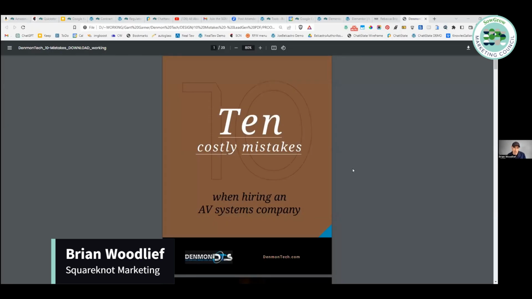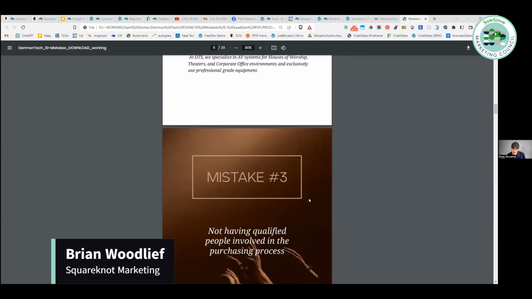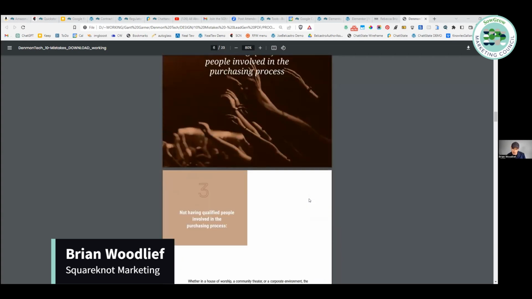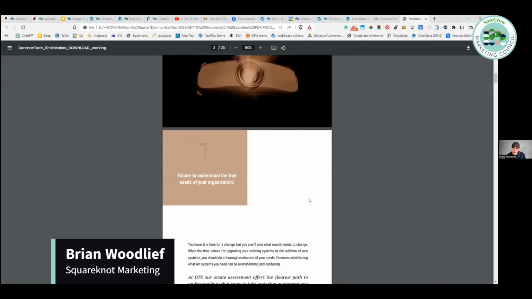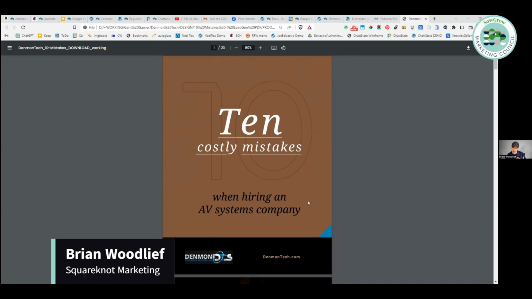Let's see. Can you see my screen? This is a little generator I did for a client who's in the audio visual space. Just a really simplistic template. And as you can see, there's not really a ton of text on it. So you don't really have to generate tons of content to make something that looks high quality and high value. And some other tips are,